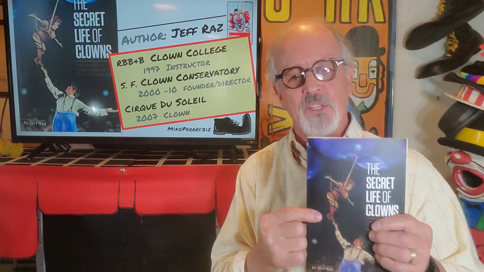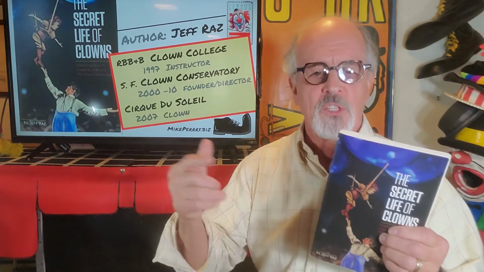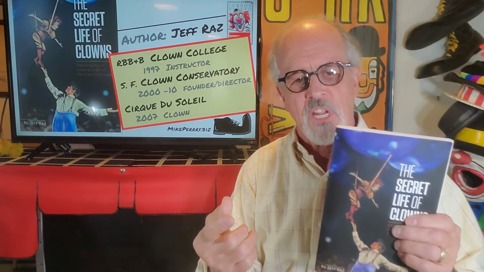What I really liked about this book is that Jeff had the Ringling experience at the tail end of Ringling. Ringling was really winding down, and it was gone probably less than 10 years after that. But he also got hired by Cirque du Soleil. And I would suggest that Ringling was still that vestige, still that anachronism, whereas Cirque du Soleil is the next